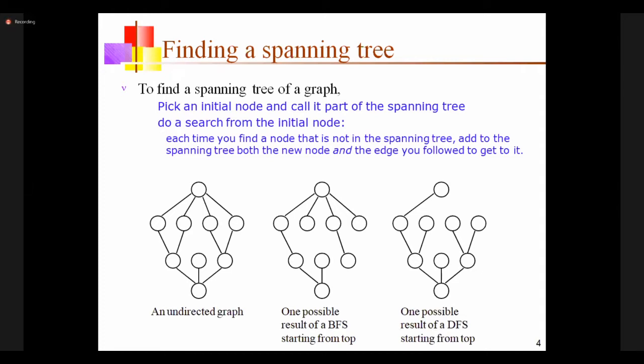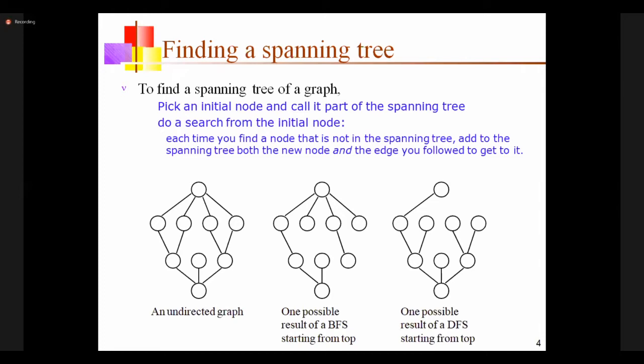If there is a path, we'll go to the second vertex. If there is a path, we'll reach the third vertex. If there is a direct path to reach the end, we can go directly. If not, we will backtrack in DFS. There is no backtracking mechanism in BFS. There is only a backtracking mechanism in DFS. I will discuss what backtracking is and everything.